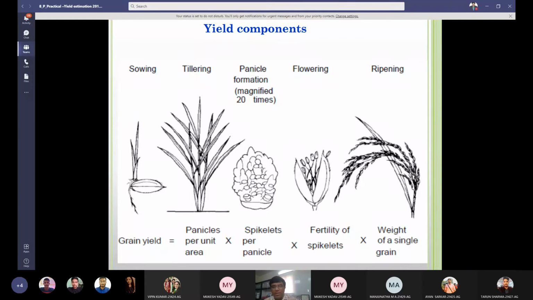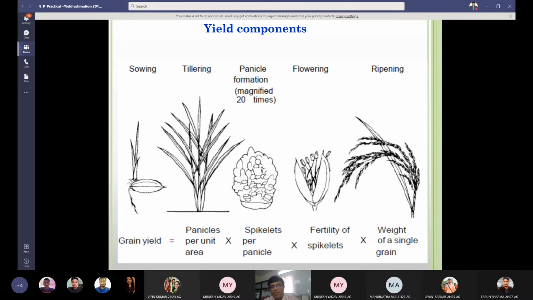And now you can see the calculations. And also here the management is important. This practical is shown to you to learn some management also. In this case, sowing time or planting time will affect the yield attributes. All the yield attributes will be affected by sowing time. If it is not the right time of sowing, if it is an adverse time of sowing, then all the yield attributes will